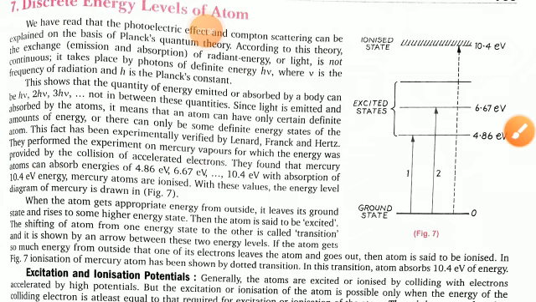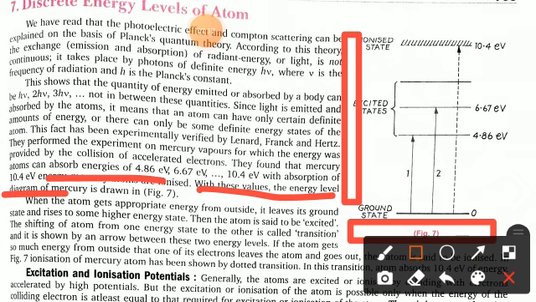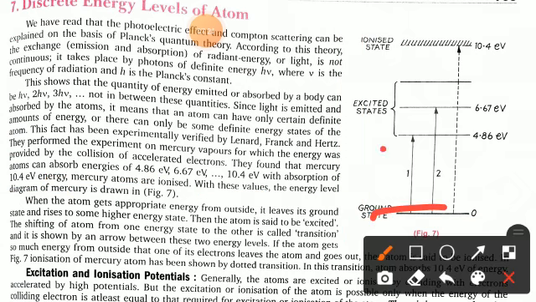So with the absorption of this much amount of energy, mercury atoms are excited. With these values, you can see here the energy level diagram of mercury. Fine. This is the ground state, these are the excited states, and this is the ionized state. So at 10.4 electron volt, mercury atoms are ionized.